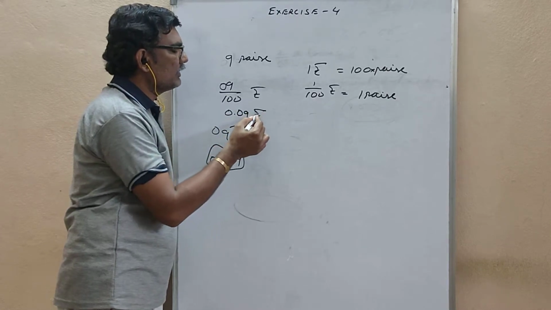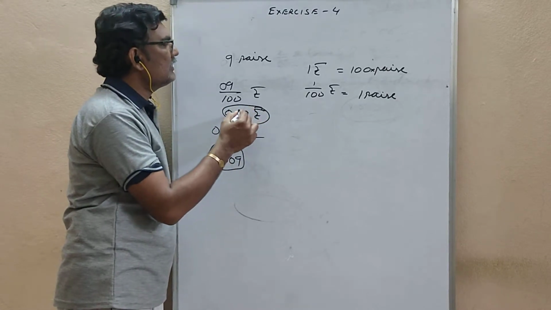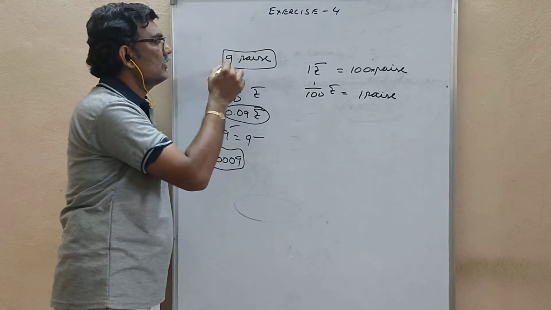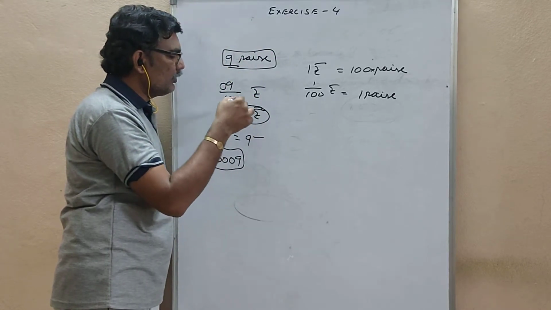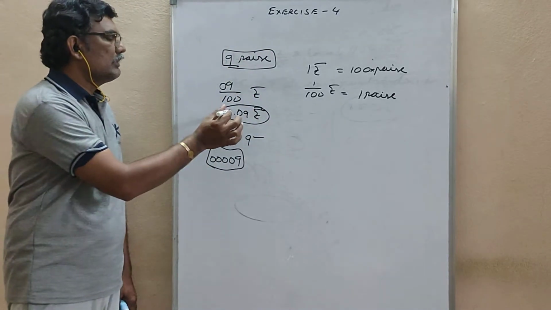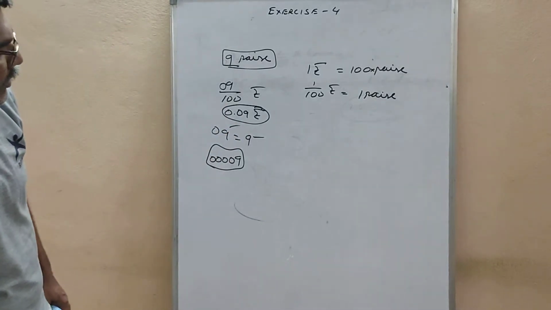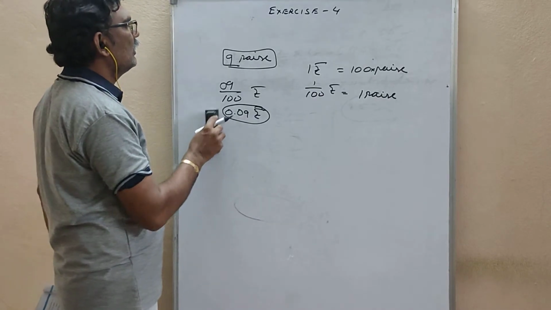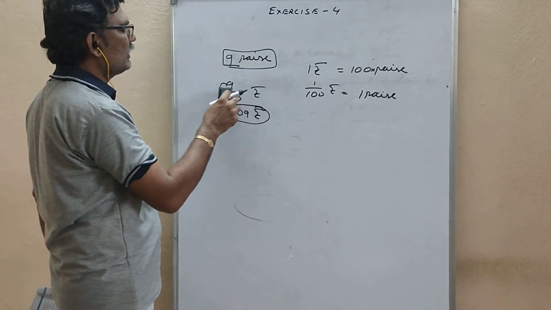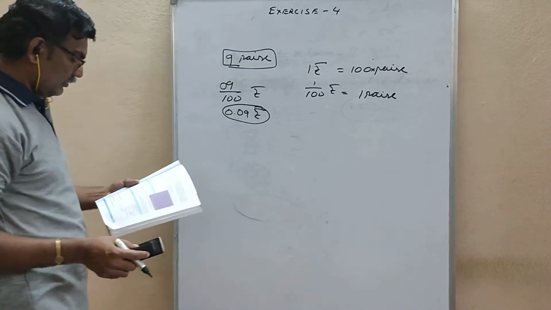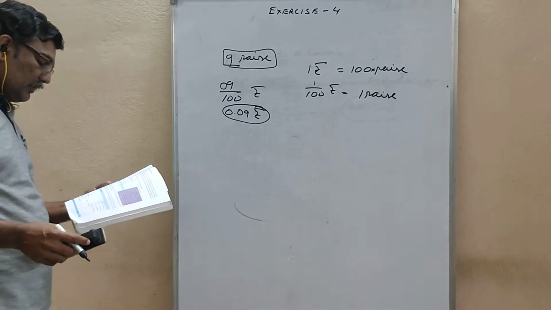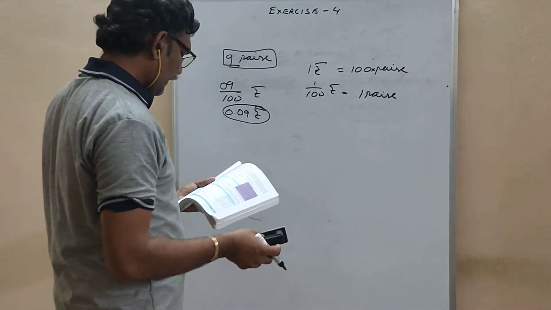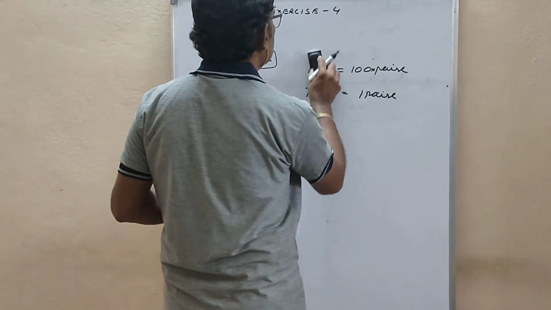It is what? Rupees. So this is 9 pies. You converted it into rupees using decimals. Decimal means here the point. So you have a point or not? So this is the answer for this question. 9 pies, you converted it into rupees using decimals. Now here, 77 rupees 7 pies.